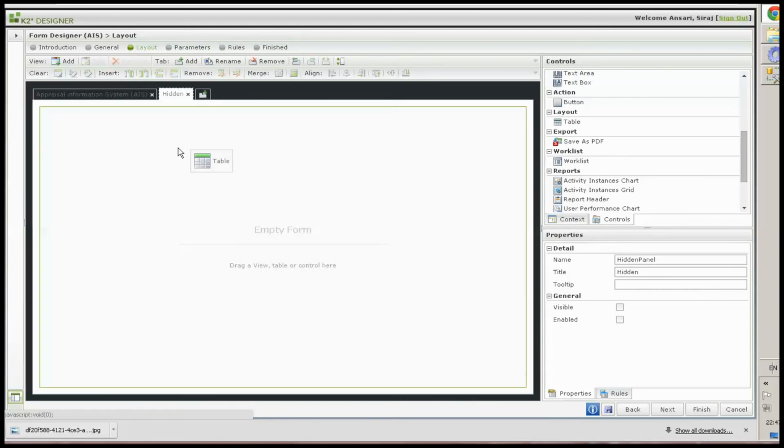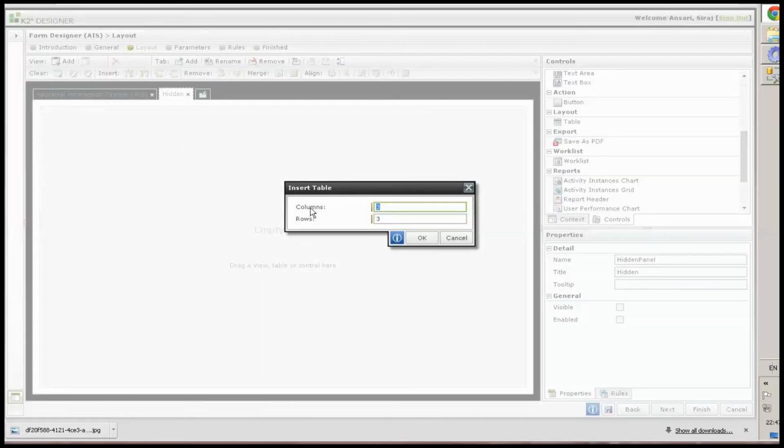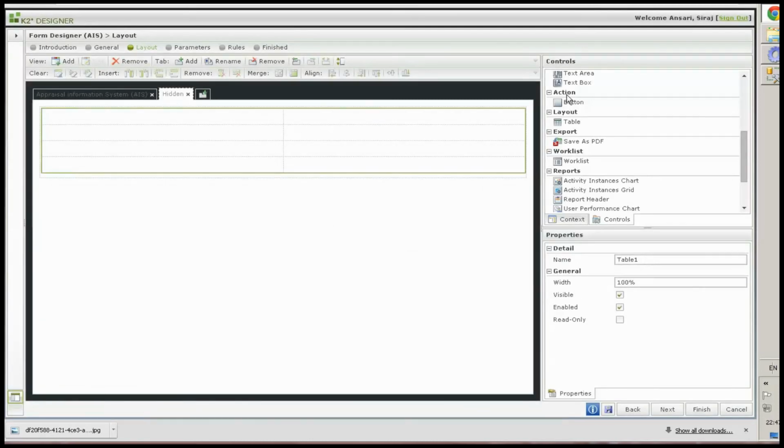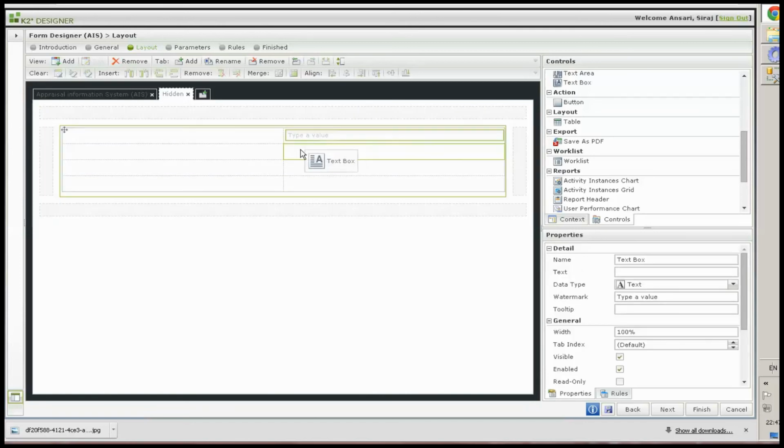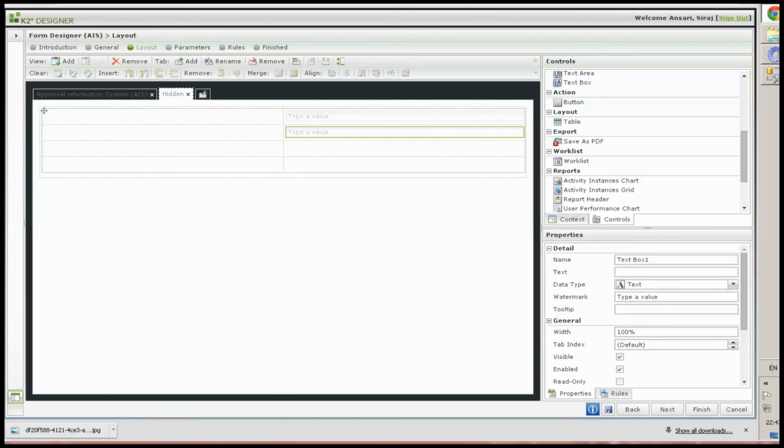drag a table, 2 columns, 4 rows, drag a text box, 1 more text box, name the first text box as txt is execute, name the second text box as has milestone item,